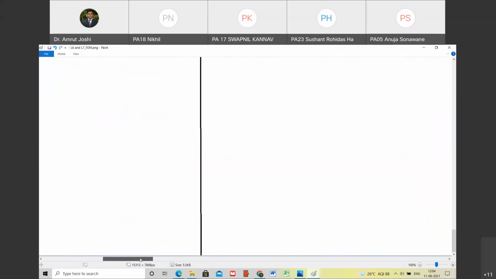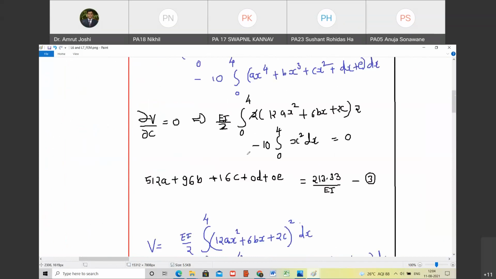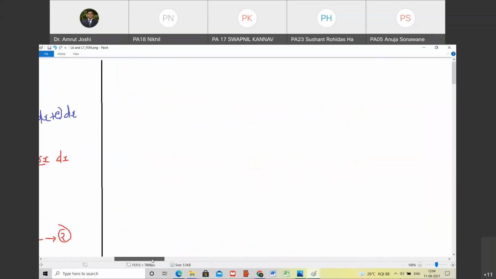Once it matches, can we make a summary? So let us write down the summary. So what we are going to say: as far as the analysis of beam is concerned, my primary aim. What was the primary aim? Tell me. The primary aim was I need to find out its deformed shape. Do you agree with me? Are you with me? Yes, sir.